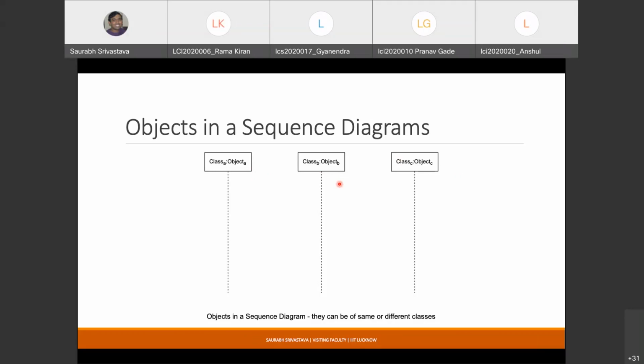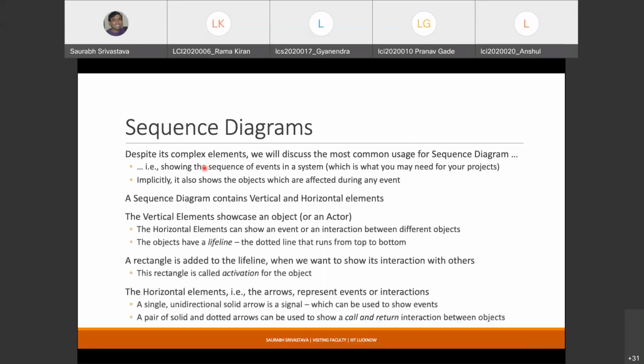It's up to you what you want to depict in a sequence diagram. But whatever you want to show, this is probably the starting point that you create. You create these boxes, you name them with the object that you want to display, and then you draw that dotted line, right? That dotted line is also known as the lifeline.